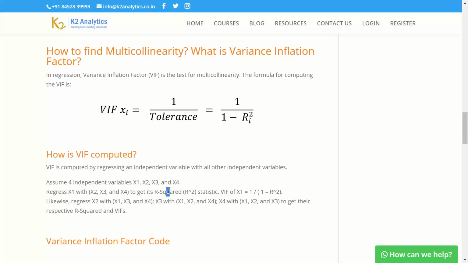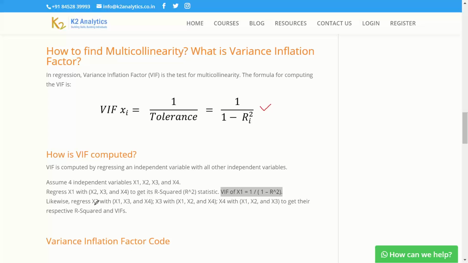But we really don't need to get into correlation. We first regress x1 with x2, x3, x4, get the r squared value of this regression equation, and compute VIF by this formula, the formula which is given in a bigger font above this formula. So here we compute. Then what you are going to do, when I say you are going to do, it